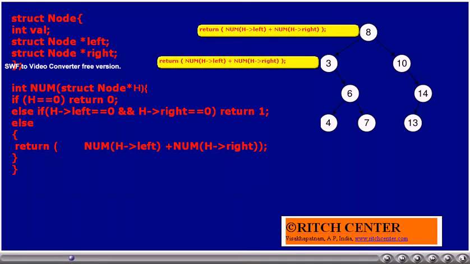Now we will be entering into the recursive function num. This time we will be sending the address of the node having number 3, that is the left subtree head of the root node. As this is also not null and also not a leaf node, again with this node we will be calling num(h->left) and num(h->right), and find out the total leaf nodes to the left hand side and right hand side, which will be returned to the root node.